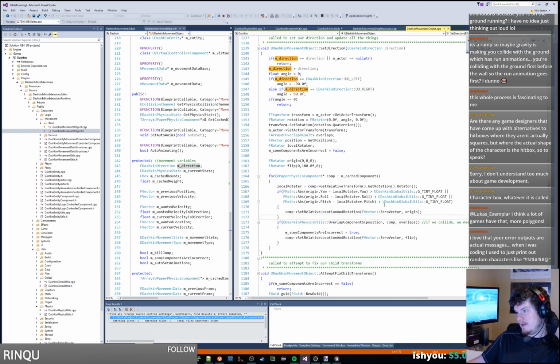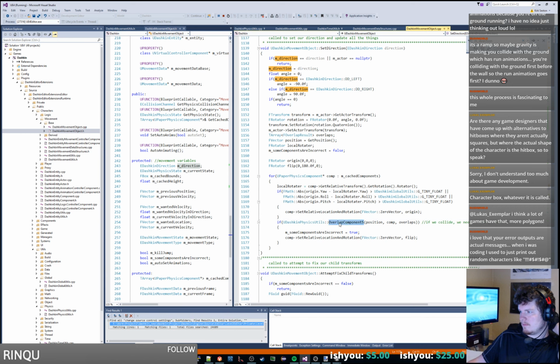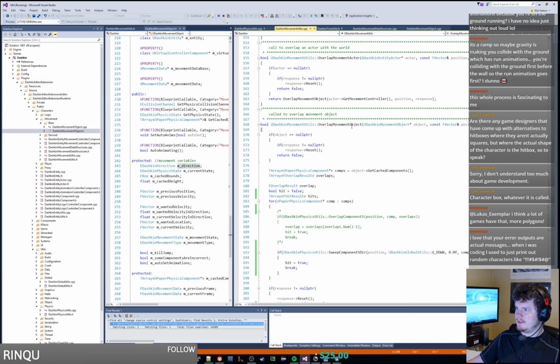Interesting. So the changing of directions here is not using our other one, it's using our physics utils overlap components. So this may be another situation where the overlap call is incorrect and the sweep call is correct. So we want to go to our movement utils and do our